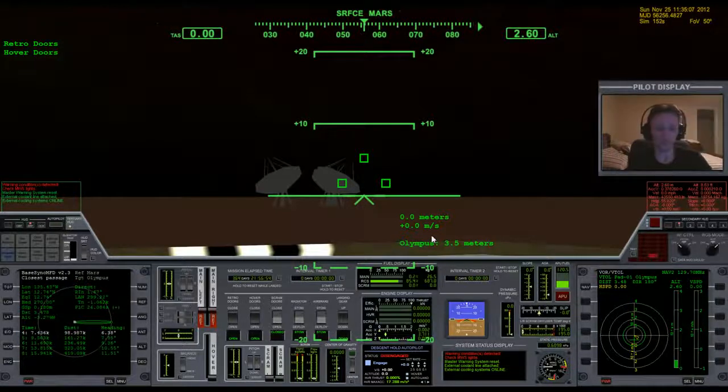So I thought it would be a good time to take the XR2 back to Earth, but I don't just want to go directly back to Earth. I feel like it would be a little more interesting to take a bit of a detour. So instead of going straight from Mars to Earth, we're going to go from Mars to Venus to Earth. So we're going to do a bit of a slingshot,